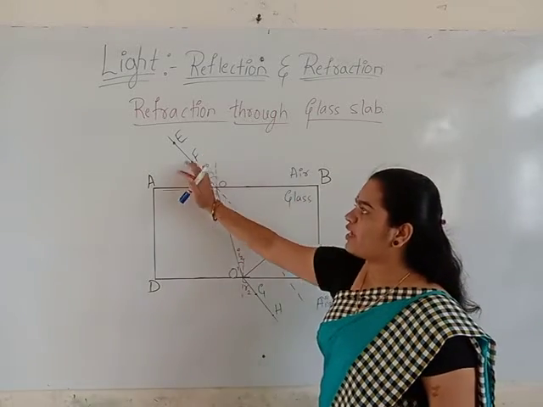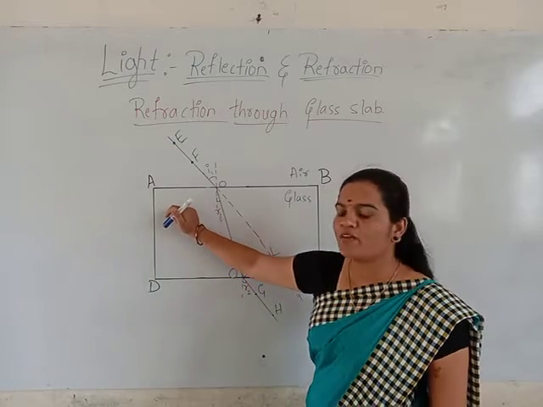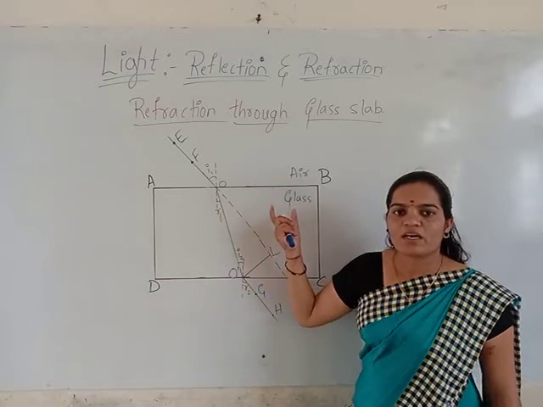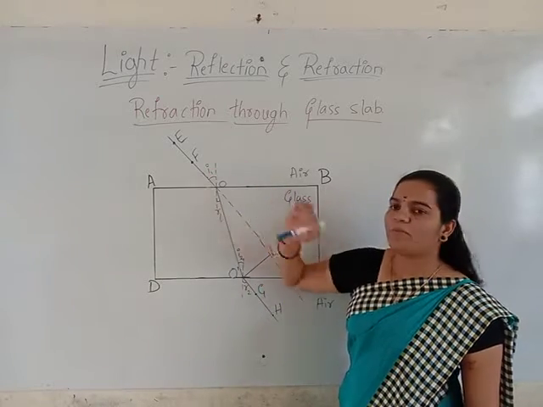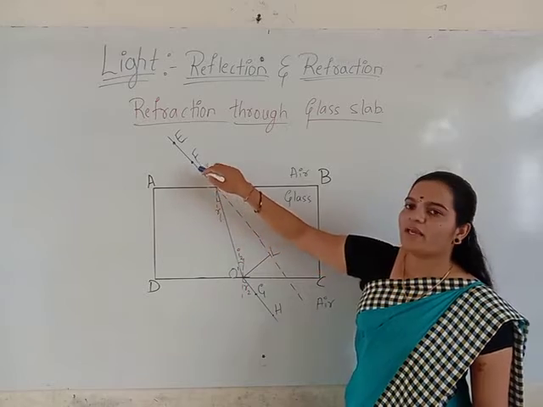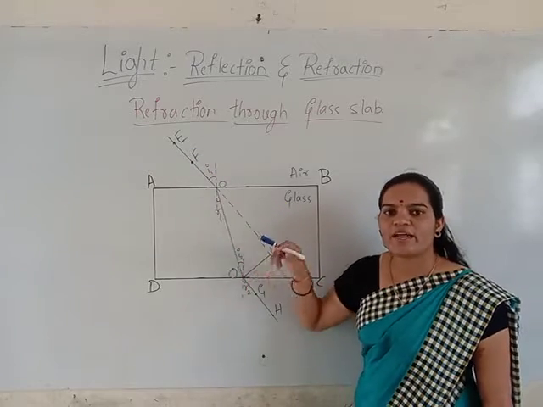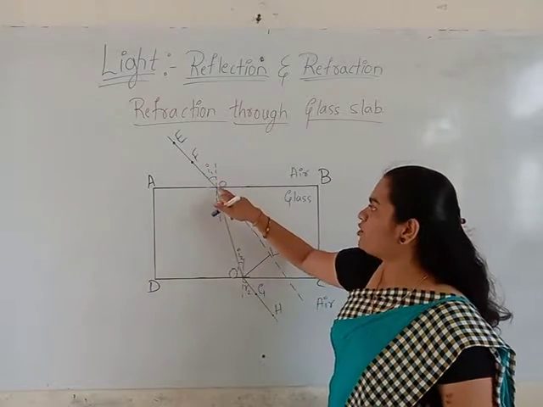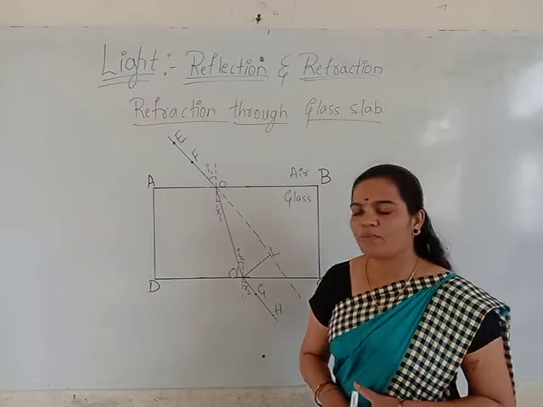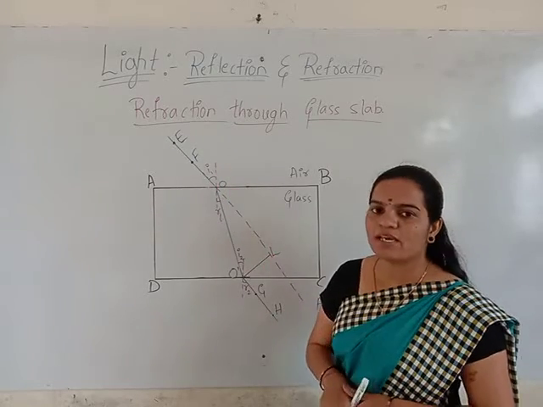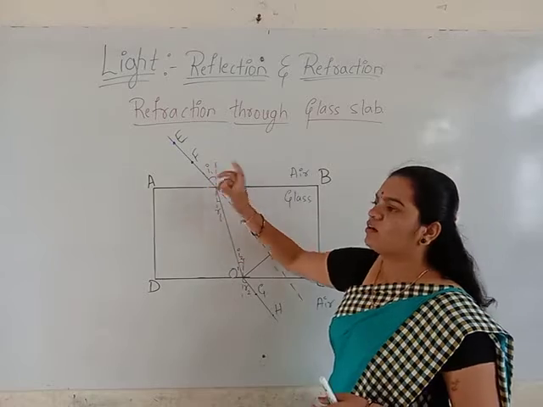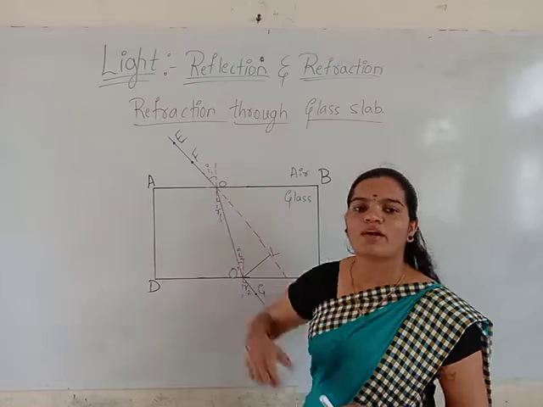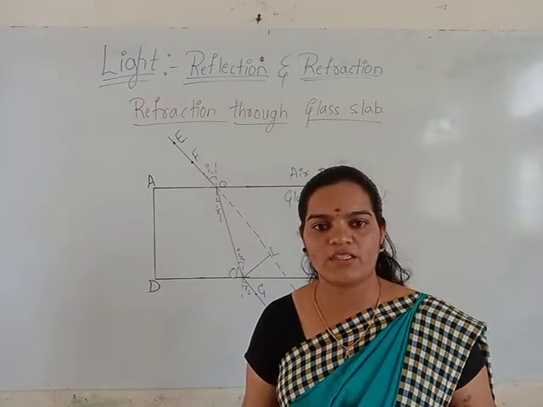Okay, so in the first case what happens, the light ray is entering from the rarer medium to the denser medium, or air medium to the glass medium. So what happens over here, after drawing the incident ray and the refracted ray which is going inside, we are drawing a normal to this point O. When we draw the normal to the point O, we are marking the angle made between the incident ray and the normal, what is called the angle of incidence, right?